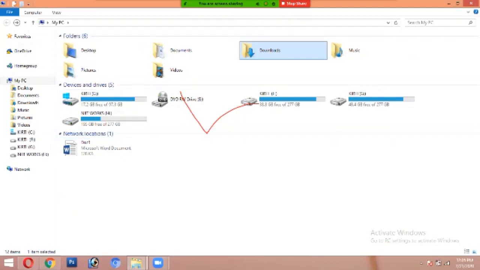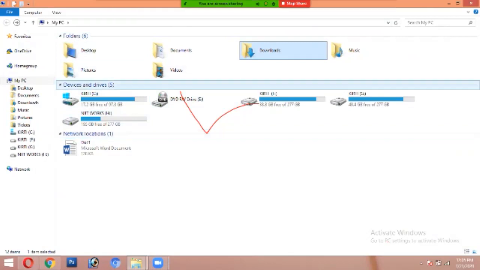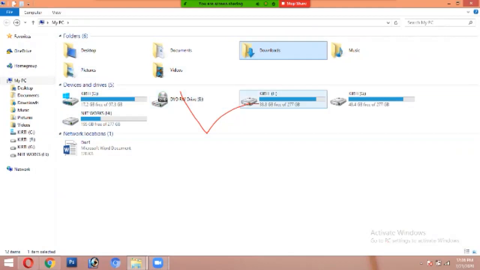Using the computer folder, we can access all the folders and files stored in a computer. So this is my computer folder. From here I can access all the files and folders stored in the computer. It is useful for finding, organizing, moving and copying files. You can copy the files, move them, and organize your files wherever you want to.